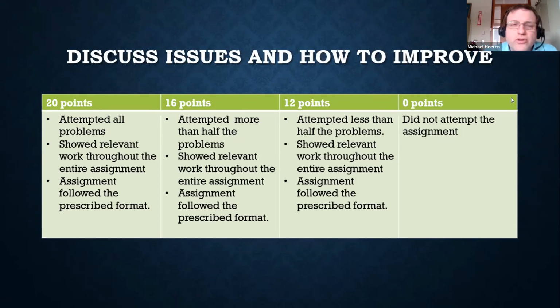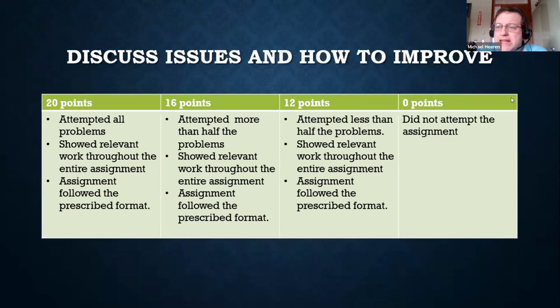So the first person was Carol. She says, if a student does not follow the prescribed format, but attempts the problems, there's no recognition that effort was made, as no points can be awarded based off of these criteria. Is that really what you want to do? If you look at that, I agree, that would be hard. Why give them nothing because they didn't do that? I agree. That's a big issue.